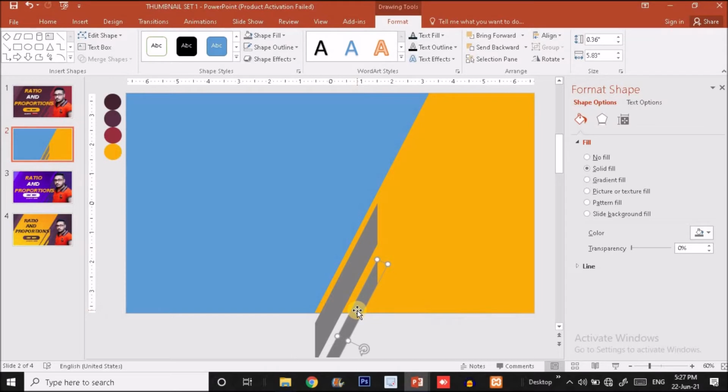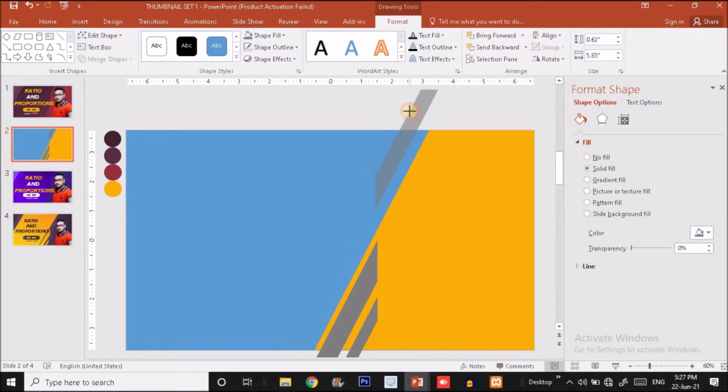Now after this, you just have to make a duplicate copy of this one, put it over here, make it something thinner like this much, and put it over here like this. Okay, make it closer, like this much. And now